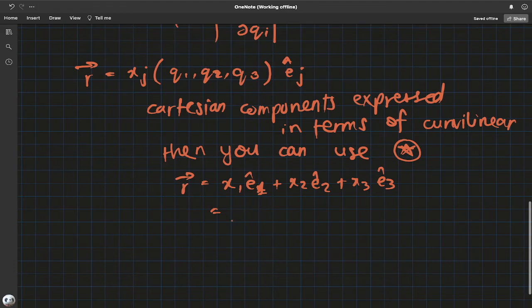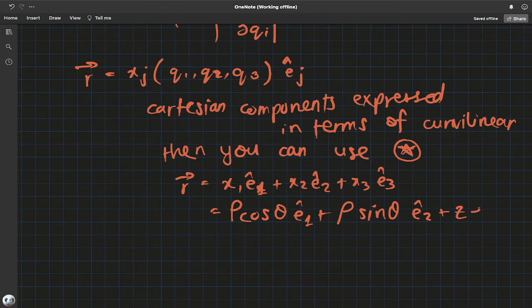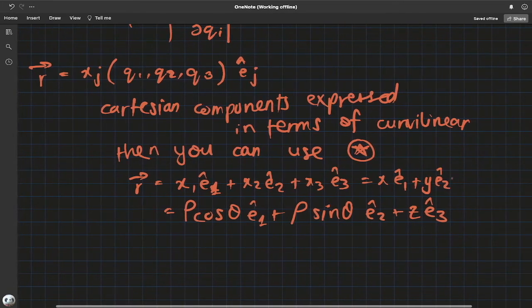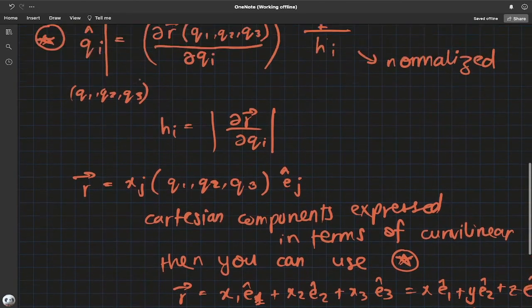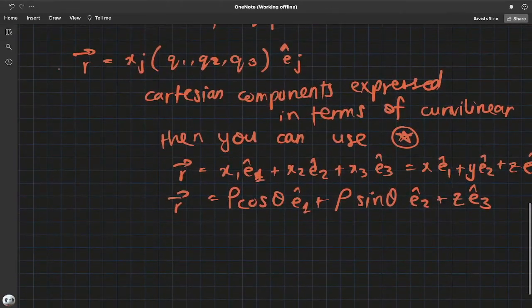So your x is rho cosine theta, rho sine theta, and z. So only when you express your position vector like this can you use this formula in the asterisk. So assuming we did that,